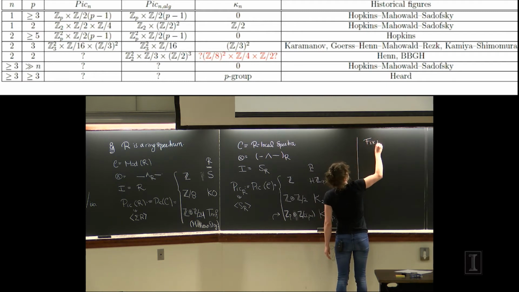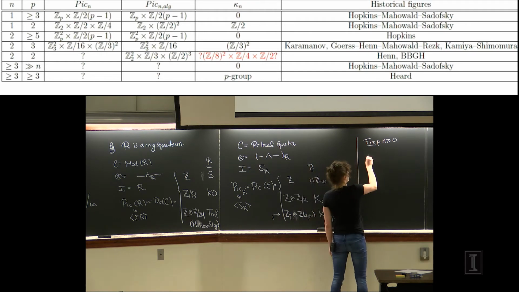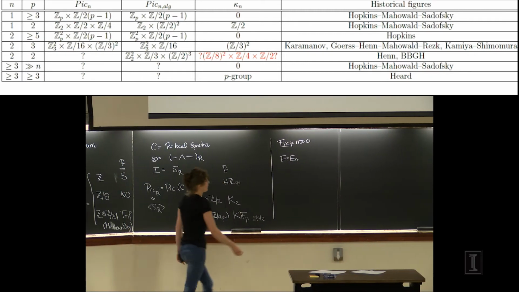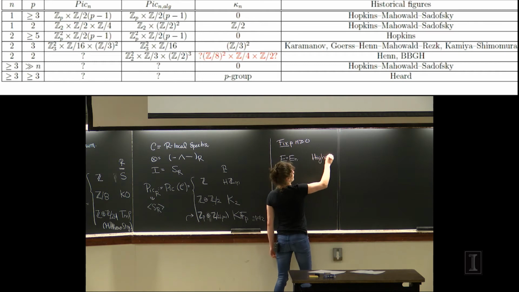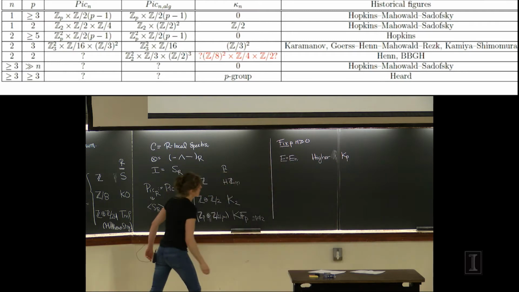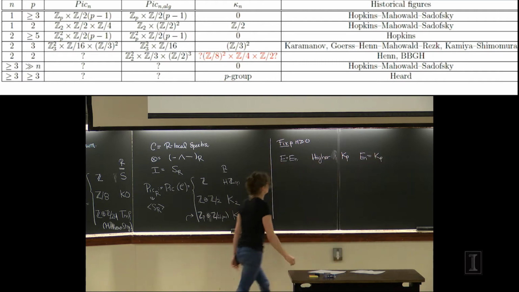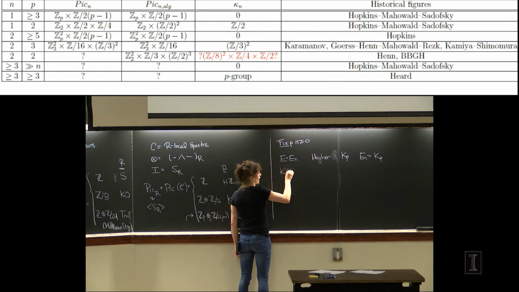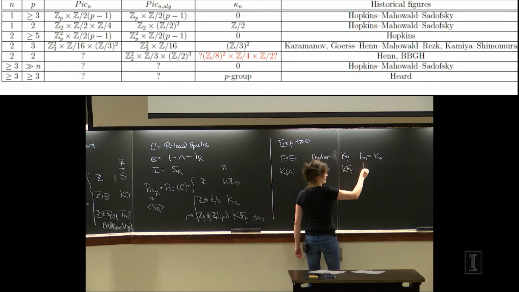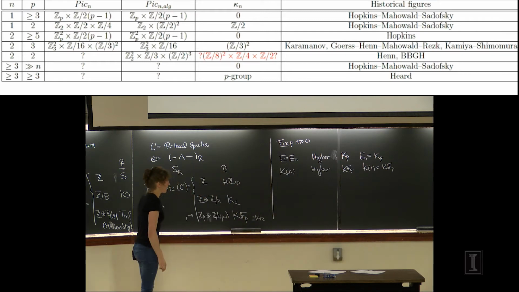All right, so now let's fix p and an integer n greater than or equal to 0. By E or E_n, I mean Morava E-theory, which is a higher form of p-completed K-theory. So E_1, by higher, I mean that E_1 is p-completed K-theory. So K_n is a higher version of mod p K-theory, and so K_1 is just KF_p. Okay? You can choose it that way.